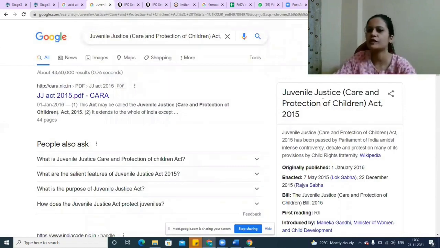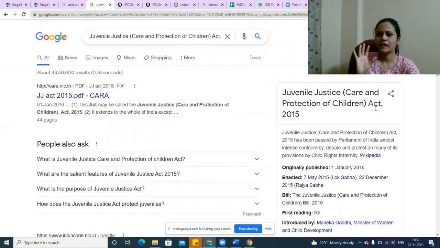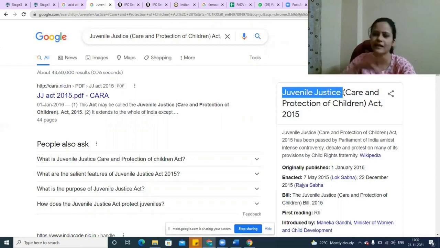Previously, what happened was the Juvenile Justice Care and Protection Act said if any child below the age of 18 years has committed a crime, they cannot be tried like a normal adult. They will not be given the punishment mentioned under IPC, but rather they will be tried under the Juvenile Justice Board, which is a lot softer version of trial, where they will be sent to a rehabilitation center for maybe up to 3 years. They will be given all the facilities, vocational training and everything.